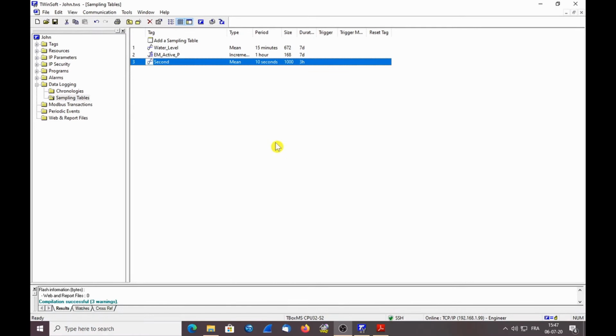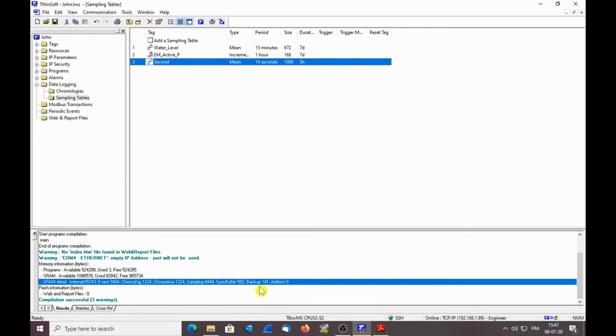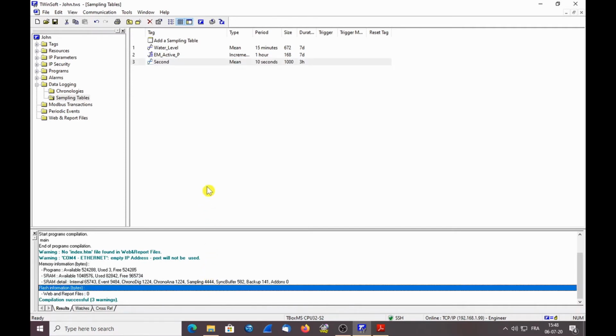Let's take a look at the memory consumption of this data logging. If I increase the compilation window here, I have information about memory usage. TwinSoft will prepare the memory for TBox. So it means that during compilation, TwinSoft will check whether there is enough memory in the TBox for the configuration. So here we see we have 1000 bytes for analog digital chronology, 1000 bytes for analog chronology, and around 4000 bytes for sampling table. And we have a total of 1 megabyte here, and we still have